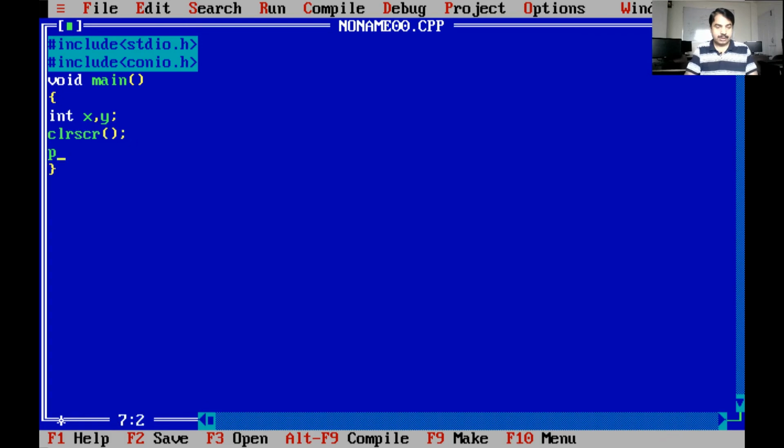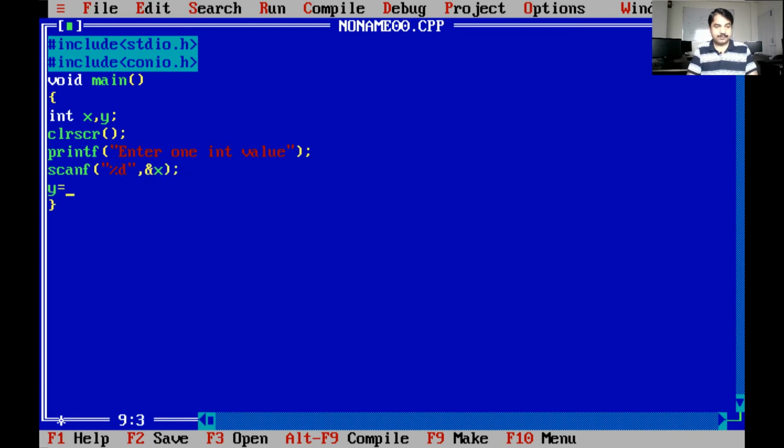We have to use clrscr here because the screen will not be cleared automatically. For that purpose we have used conio.h, and the getch function is also defined in conio.h.